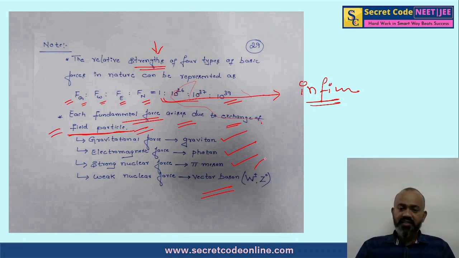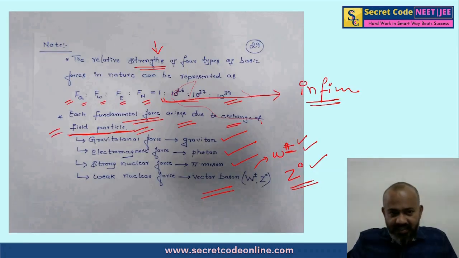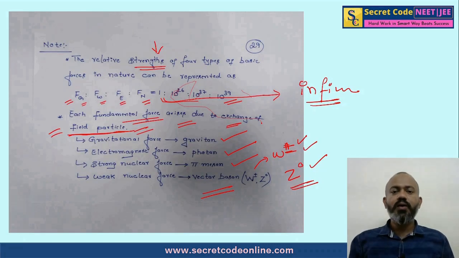Vector boson, W plus or minus. W plus or minus may have either positive or negative electric charge. That is the reason I have written plus or minus. And Z0 indicates it is electrically neutral. W plus or minus, Z0: positive or negative charge, and Z0 is electrically neutral. Vector boson, weak nuclear forces. Okay, so this is what is there. That's it, guys. These were some of the explanation when it comes to lesson number